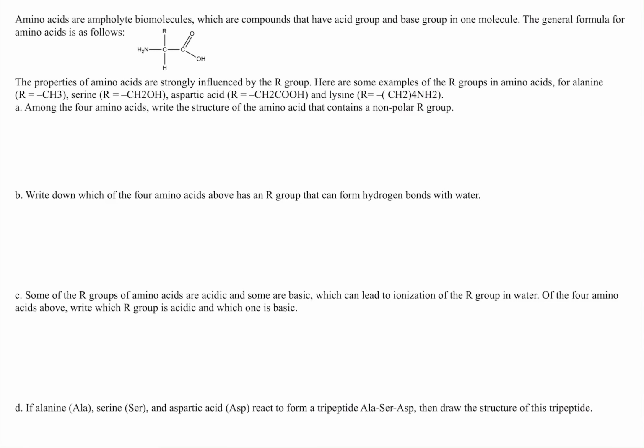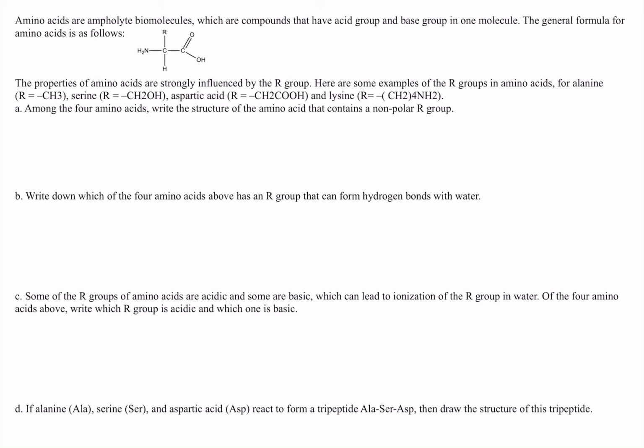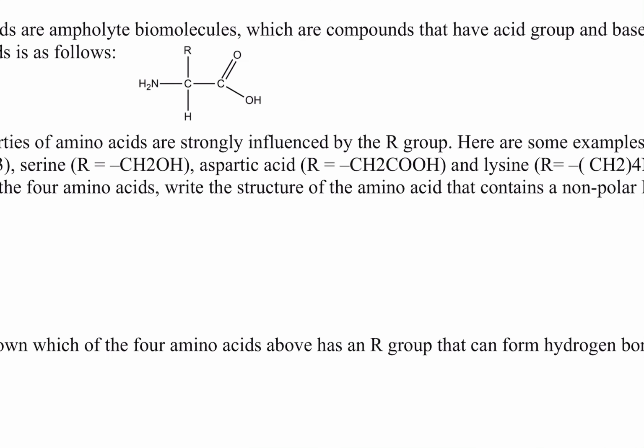Okay, this is a question about amino acids, which are amphoteric biomolecules. These biomolecules are compounds that have an acid group and a base group in one molecule. The general formula for an amino acid is this one. In this case, the amino acid has the carboxylic group, COOH, and it also has the